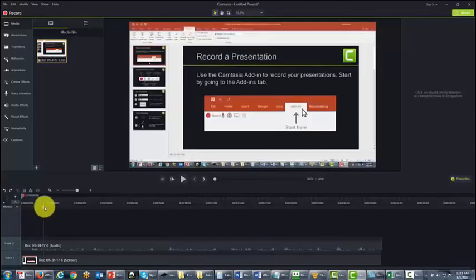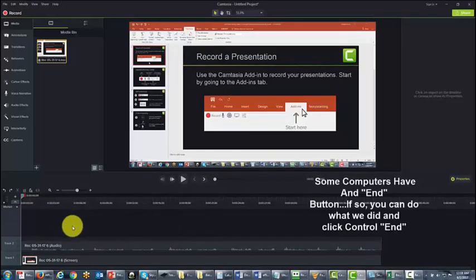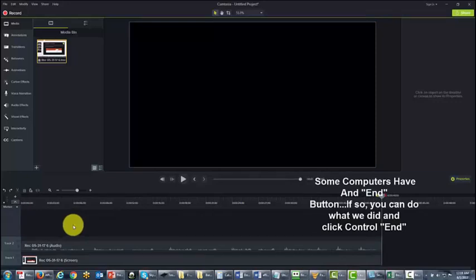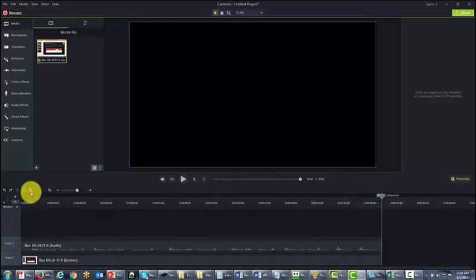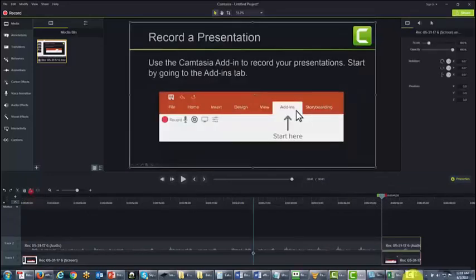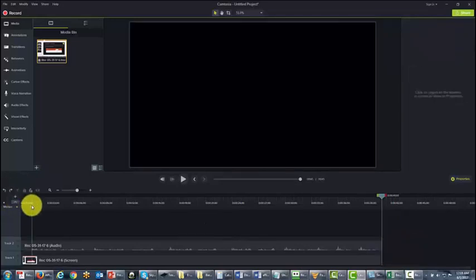Now the other thing that Camtasia has is a copy and paste tool. And Camtasia will go to the place where the cursor is, and it will paste whatever you have in your clipboard. So for example, if we press Control End and pull our cursor all the way to the end, we can then click the paste command. And you'll notice there that there is a portion that will be there, and this is something that we had in the toolbar. Of course, then we can go back and undo it